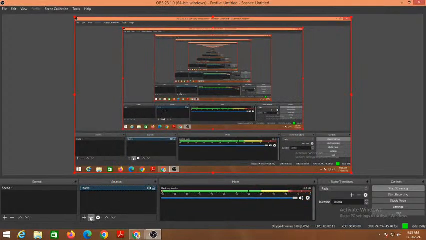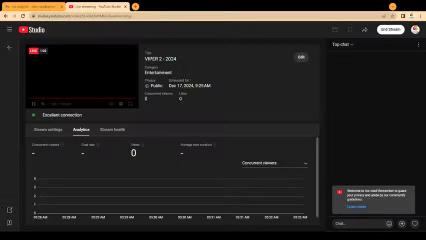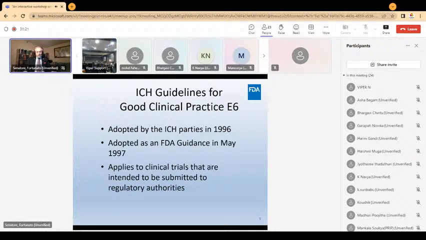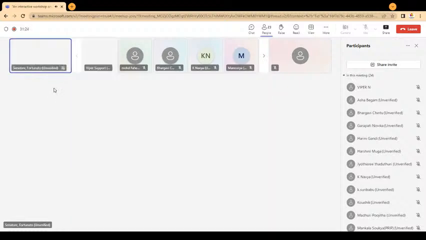The ICH, or International Committee on Harmonization, passed this good clinical practice called E6 in 1996. It was adopted as an FDA guidance in 1997, and it applies to clinical trials that are intended to be